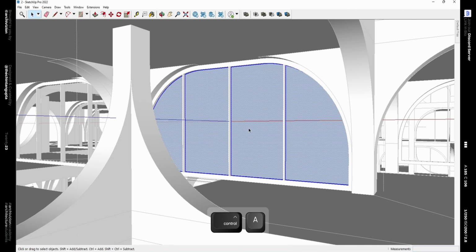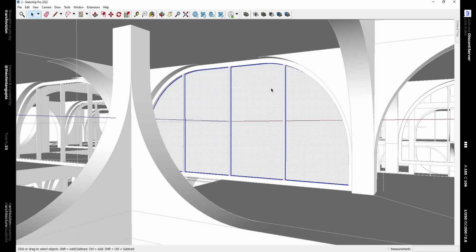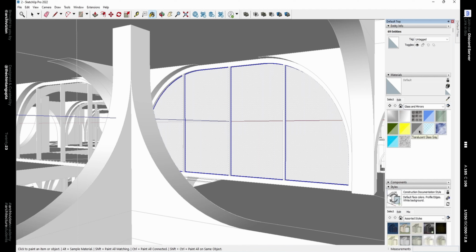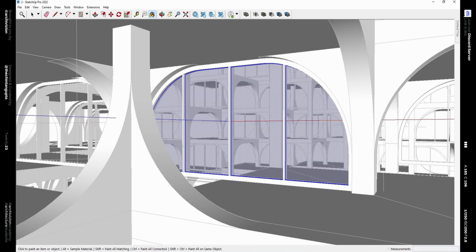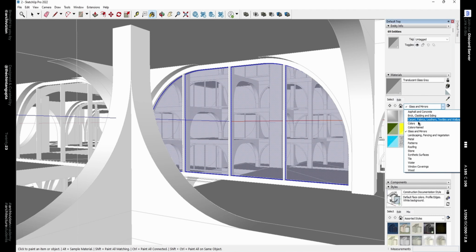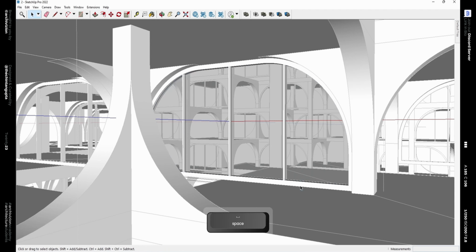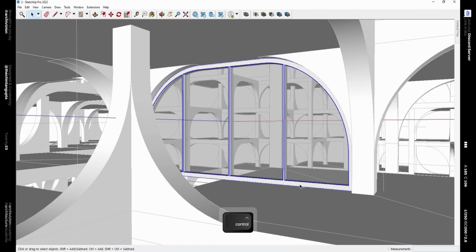Now going inside this panel group, we can reverse these faces and then give this whole thing a glass material like this. Similarly, using the paint bucket tool, we can give the frame a sort of light gray color so that we can differentiate it from the rest of the model.